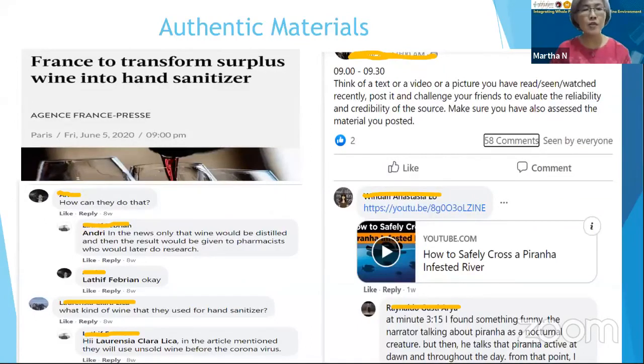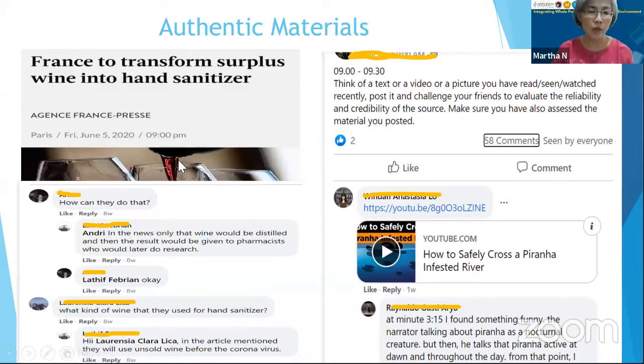And then related to authentic materials, I try to use topics that are familiar or that they are likely to meet in their daily life. So the class material here was in my reading class. It is predicting skills for reading. So I asked the students to find captions of newspaper articles that they were interested in and ask questions as to predict the content of the article from the question.